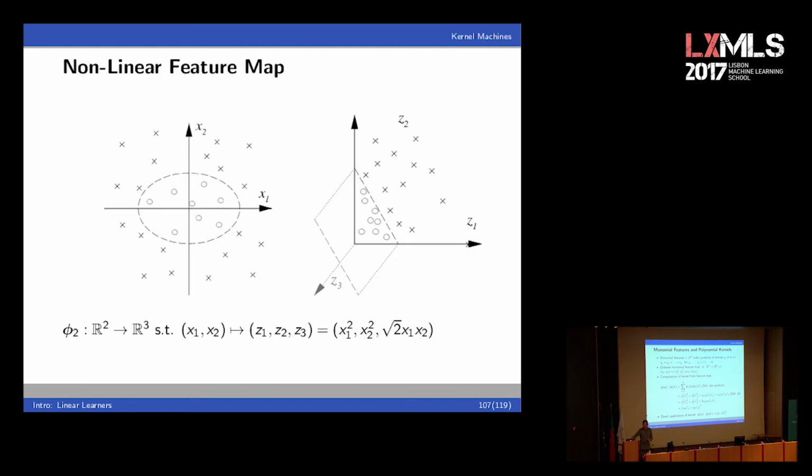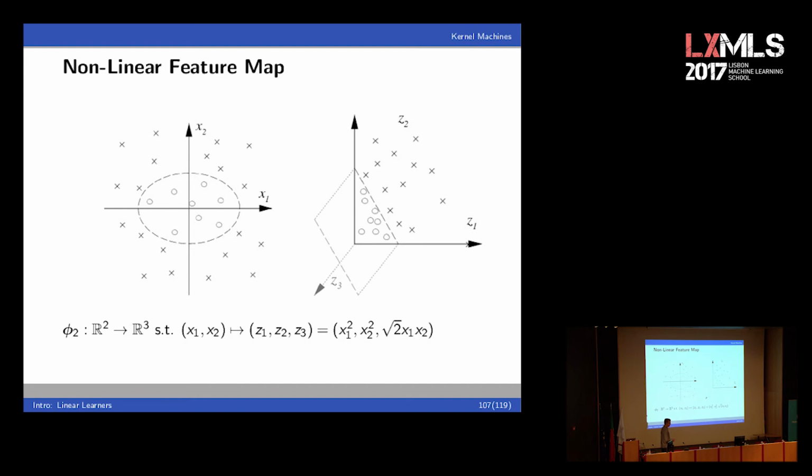So an example would be a decision boundary like this here, where you can see in two-dimensional space there's no way that you find a line that differentiates the circles from the crosses. But if you use a feature map that adds a third dimension and takes